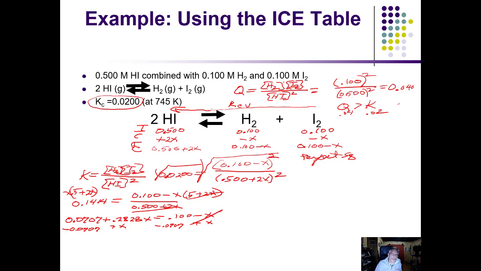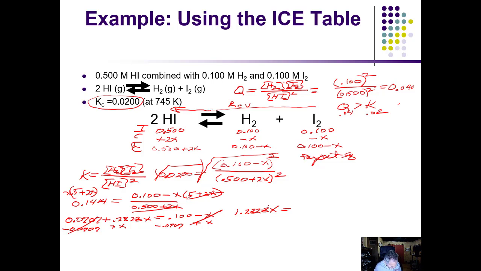That will cancel, and that will cancel, and I'll wind up with, I think I'll do this over here, I'm adding 1x to 0.2828x, so that's going to give me 1.2828x is equal to 0.1